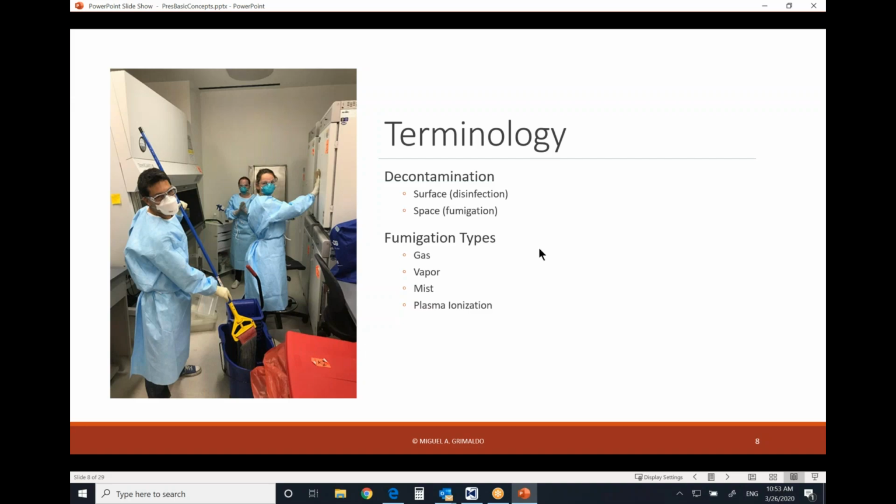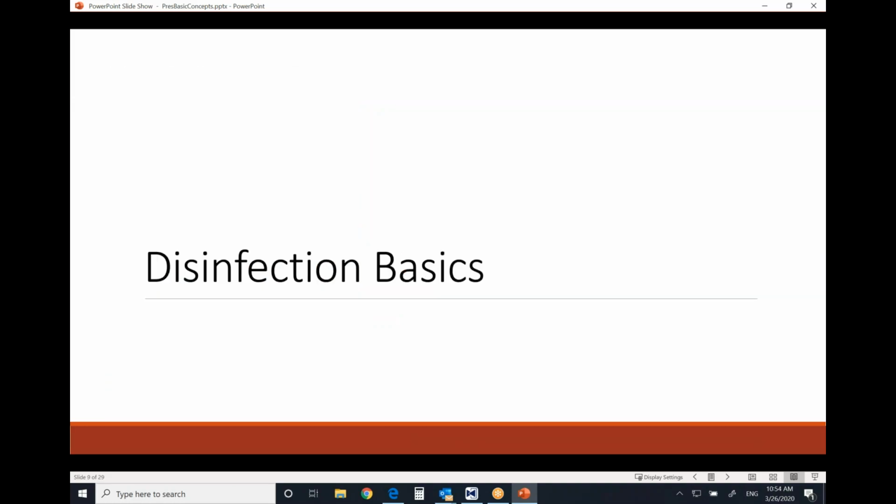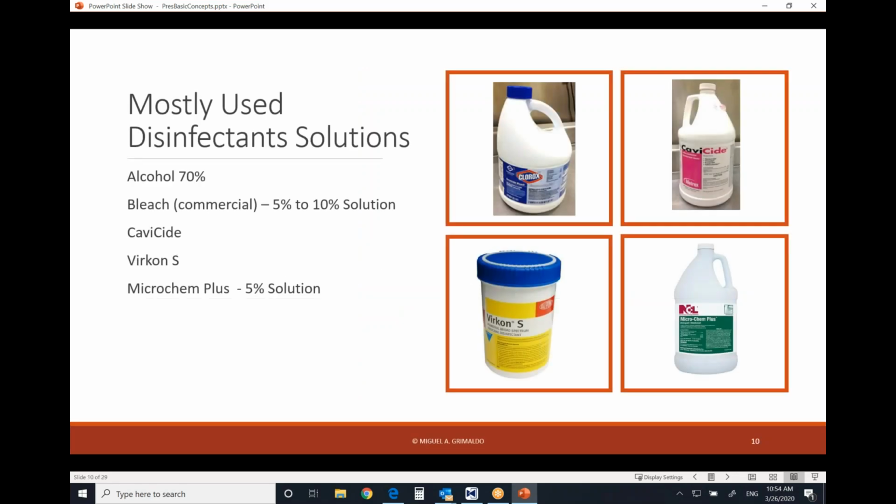For that, there are multiple technologies. They could be gas, vapor, mist, or plasma ionization. For disinfectants, the most commonly used are 70% alcohol, commercial bleach, in a solution of about 5 to 10%, like this one. You have Cavicide, mostly used in laboratories and hospitals. Virkon,